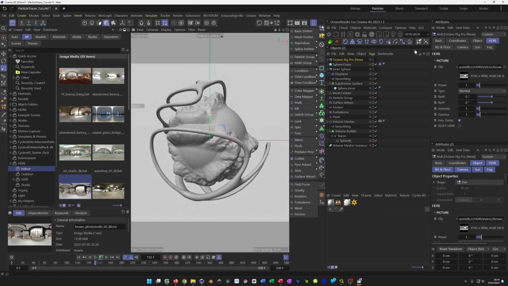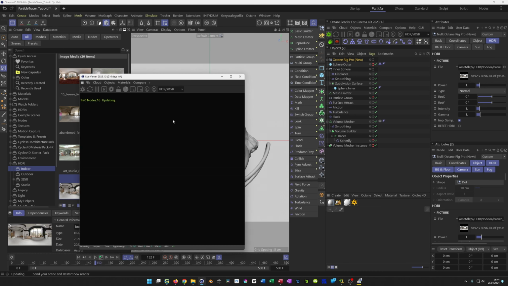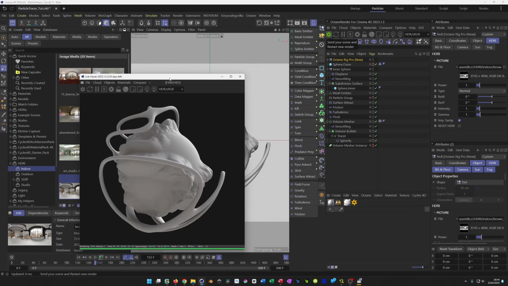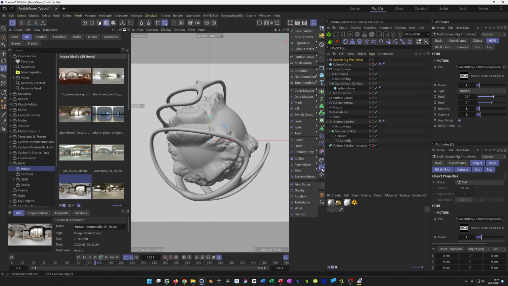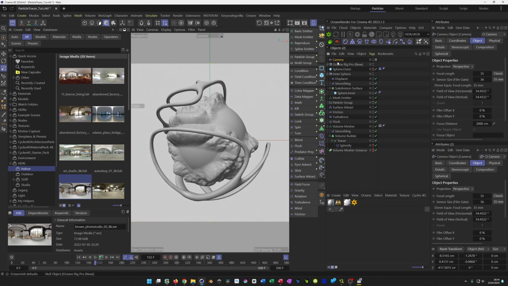So now it should render. Yeah, now it renders. Okay, the lighting looks quite okay. Let's see. Okay. Let's make a camera as well. So camera, whoops. So now I can hide